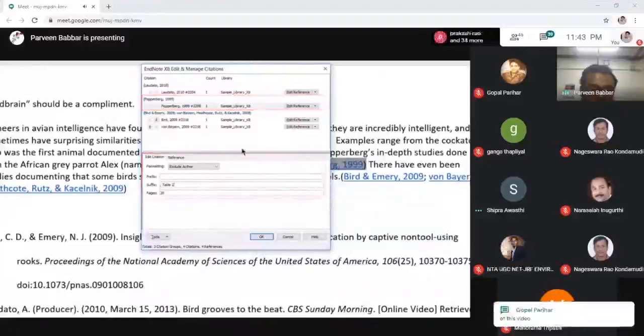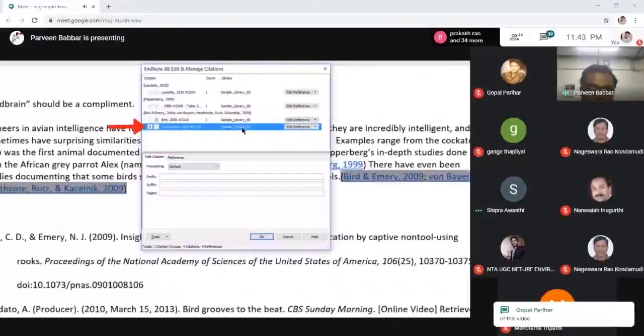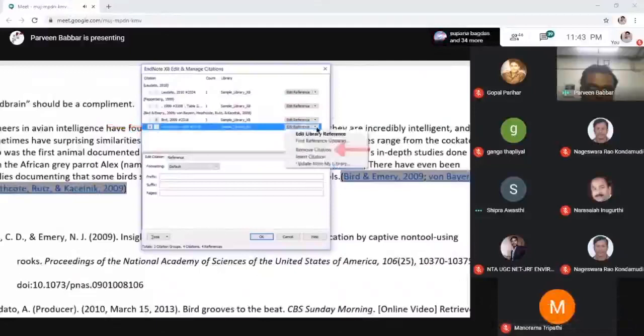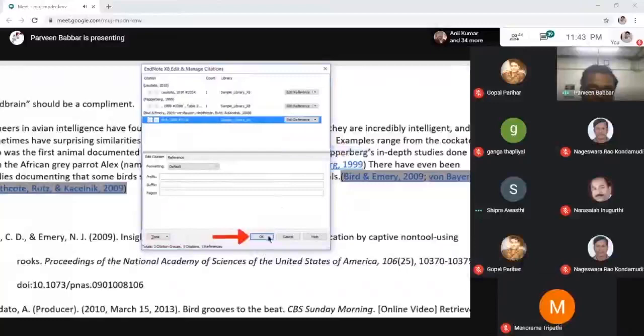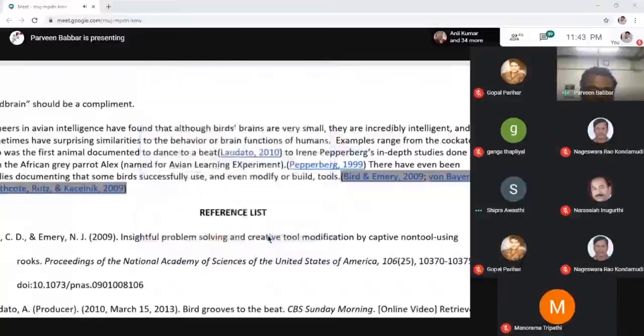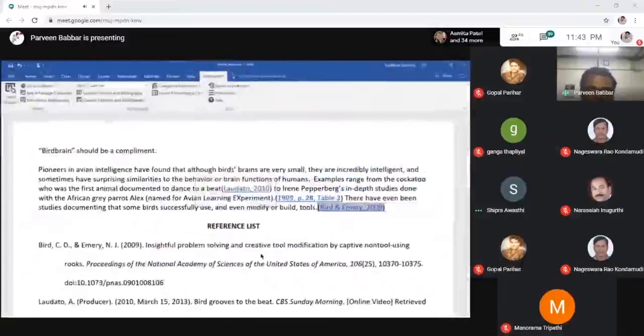For the grouped citation, I want to remove the reference by Von Baer. I select the reference to be removed and choose Remove Citation from the drop-down list at the right. When finished, I click the OK button to display the changes. In my first example, you no longer see the author's name in the citation, and now you see a page number and a suffix. The former grouped citation no longer shows the Von Baer reference.